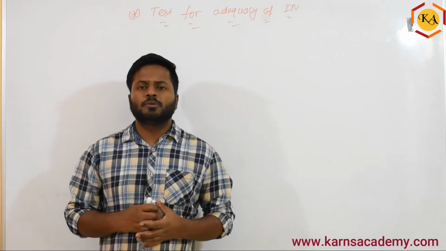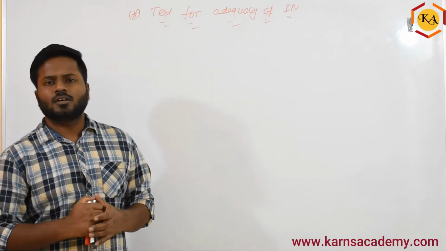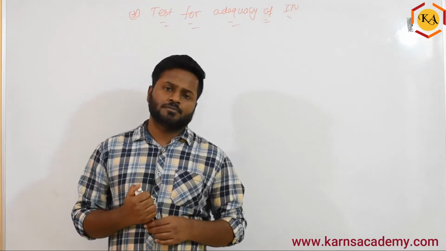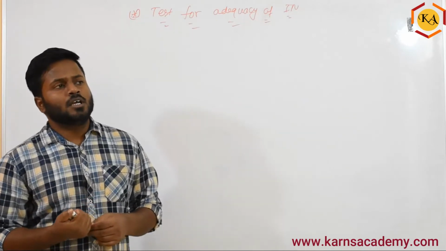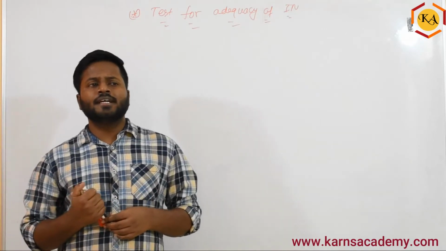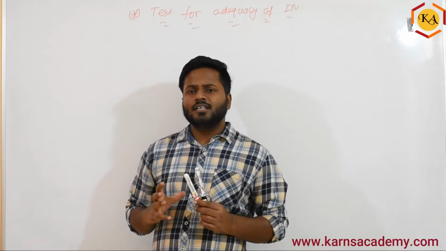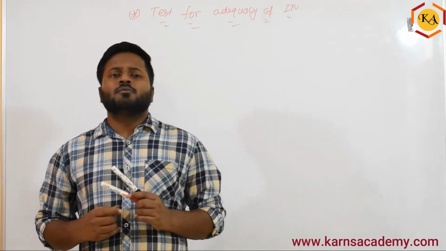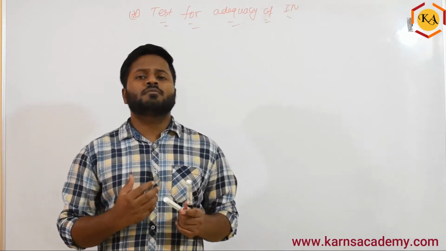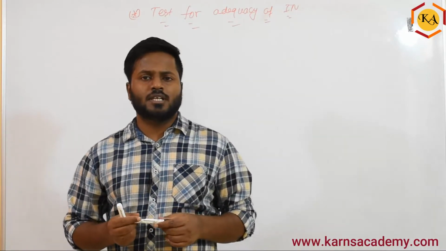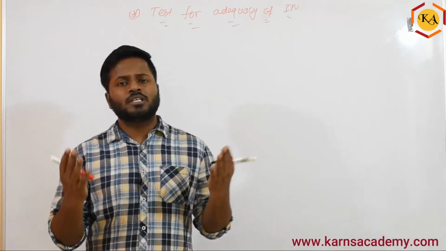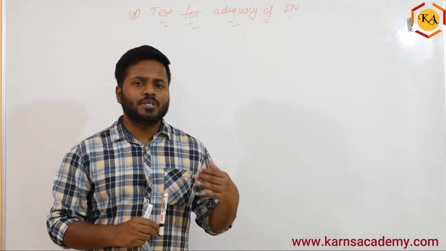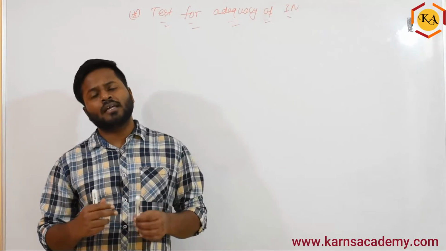As said in the previous video, let's discuss a few different types of tests that we conduct in index numbers. So till now, whatever we have done was a ratio, finding a ratio of the price and quantity or the value, and by multiplying with 100 we are able to find the percentage value of that, whether the price is increasing or the quantity is increasing or whatever it is. Now we are going to conduct a few tests. This test can be the comparison test.